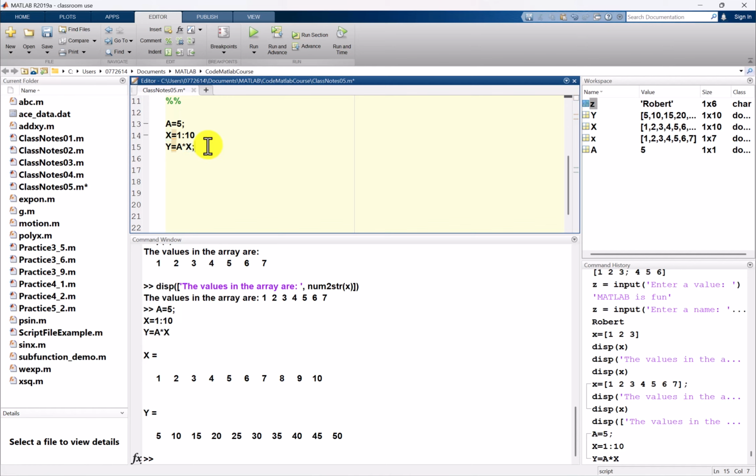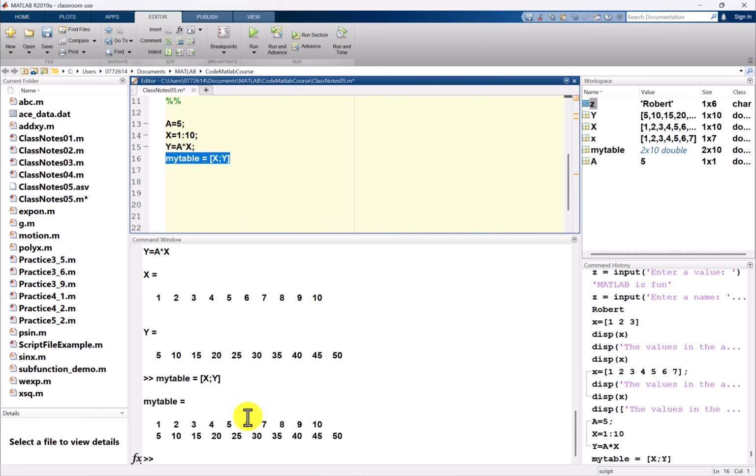So I'm going to try to format this data in a little better way so that we can create a table. I'm going to come up with a variable called myTable, and essentially it's just combining x and y, the input and output. So I'm going to say, oops, this would be square bracket, x semicolon y, and if I run this table, this is what I get. Essentially it combines x and y into just one matrix. I don't have to do this, but if I do this, then I can introduce this function that's going to be very useful, which is